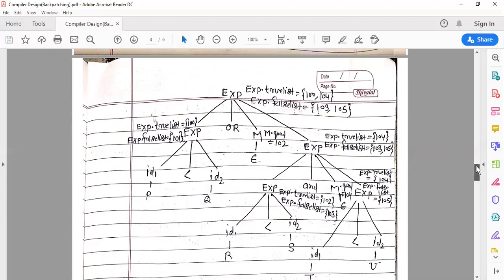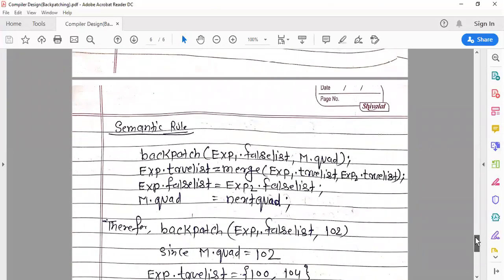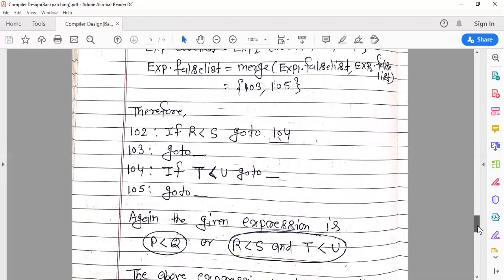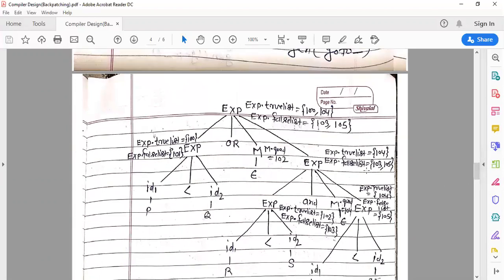And the next semantic rule is exp.falselist is equal to exp2.falselist. Whatever exp2.falselist is, you can see in the tree, 103 and 105.